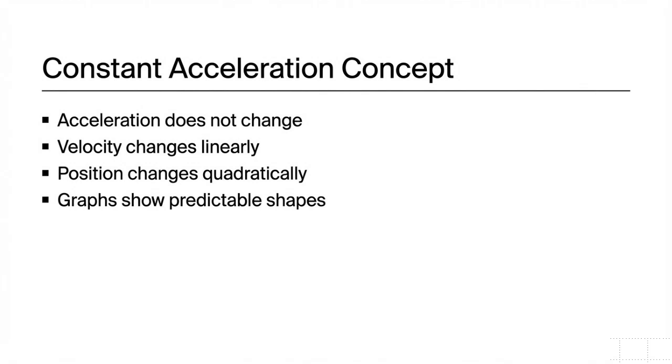In this part, we focus on the idea of constant acceleration. This means that the acceleration remains steady and does not change over time. Because of this, velocity increases or decreases at a constant rate, which means it changes in a straight line when you graph it. Position, on the other hand, changes more rapidly and follows a curved path or quadratic pattern on a graph. These predictable patterns in acceleration, velocity, and position help us understand and anticipate how objects move under constant